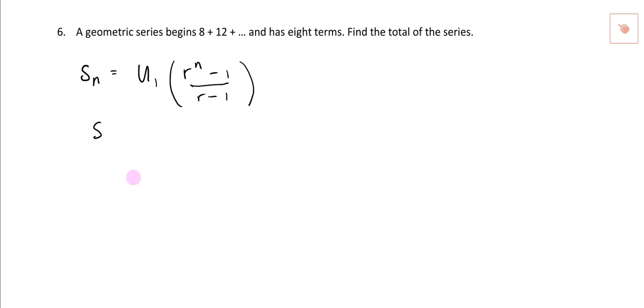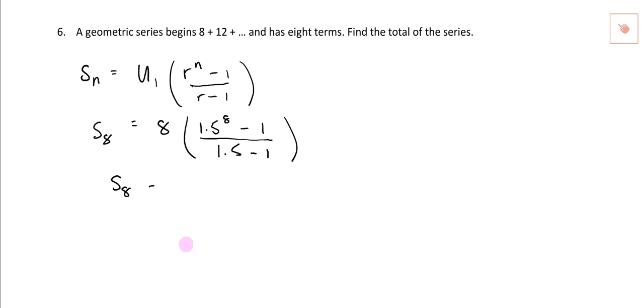The sum of 8 terms: u1 is 8, multiplied by, well, 12 divided by 8 is actually 1.5 again. So I've got 1.5 to the power of 8 minus 1, all divided by 1.5 minus 1. So the sum of 8 terms, and you end up just evaluating that, and you get